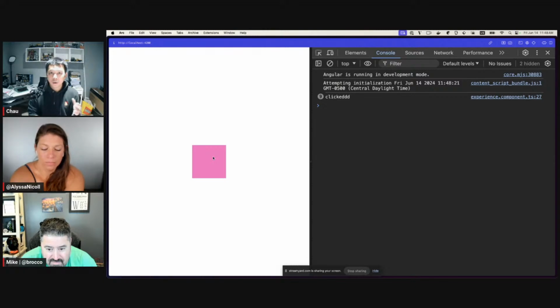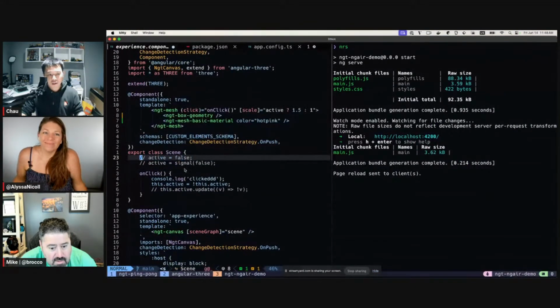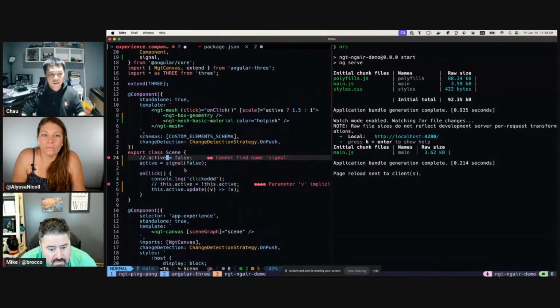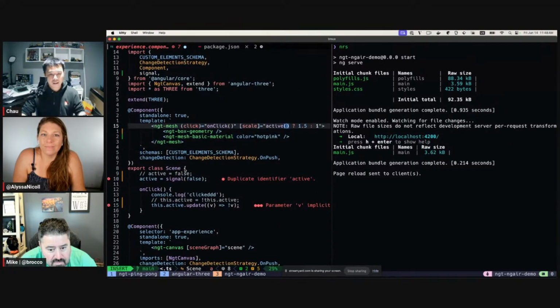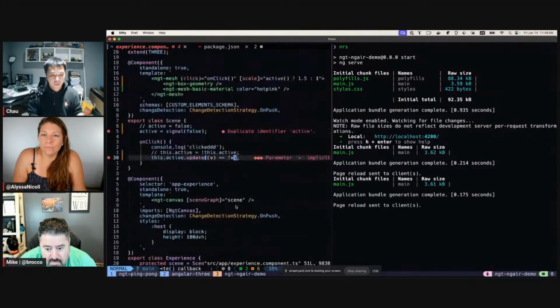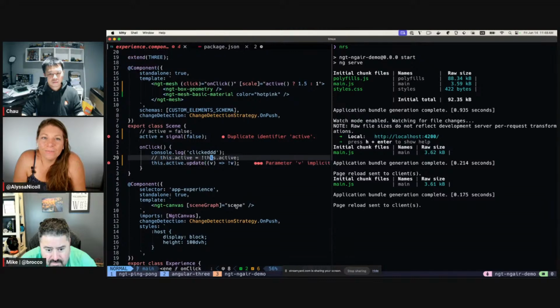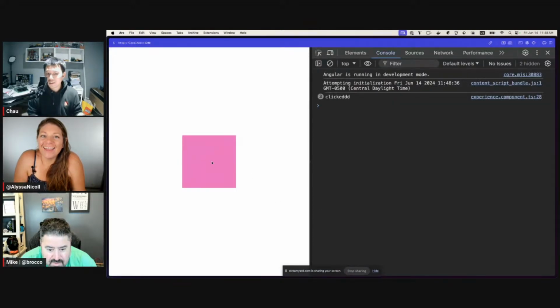It still doesn't work with plain class property. Now, if it changes to signal, again, import that. This is now that. I guess it works, but now it works. So signals now work with Angular 18.